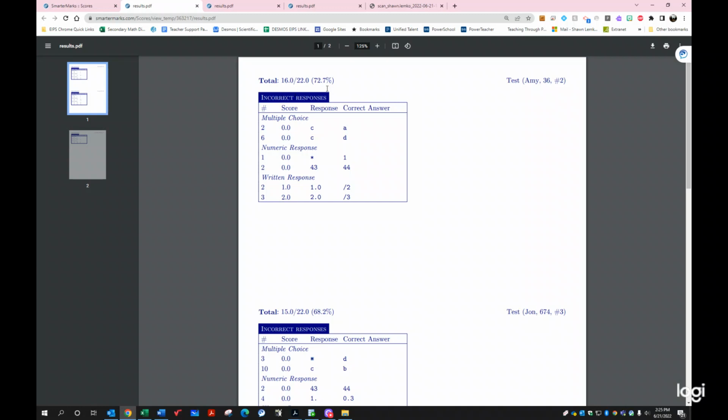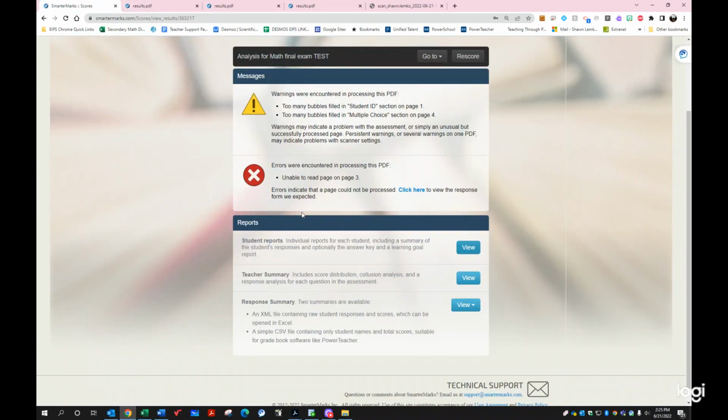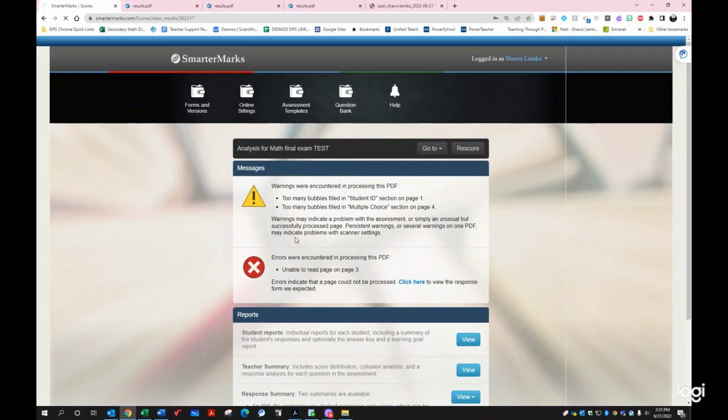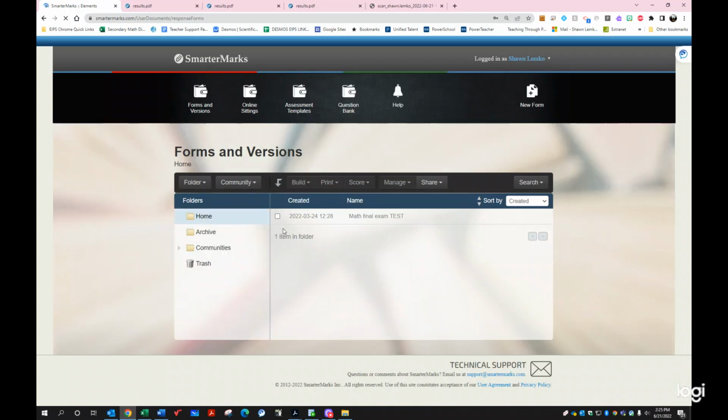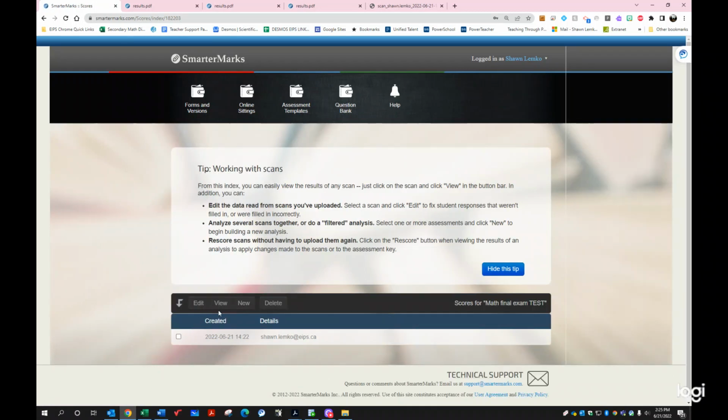There are a number of different student response options, and so this one currently is looking at a few of the incorrect responses instead of looking at the correct and incorrect. So for this, we're going to go back to our forms and versions, and we're going to click on this assessment, and when we click on score and browse scores, we can click on this and again, view our student reports, view our Excel spreadsheet of our responses, but instead